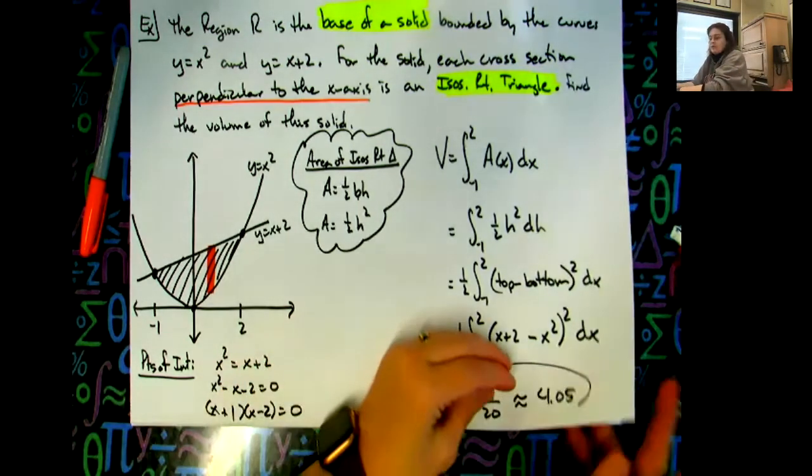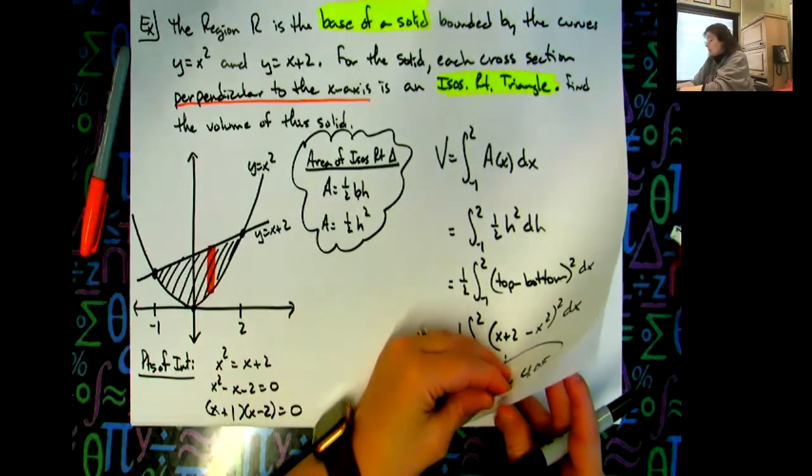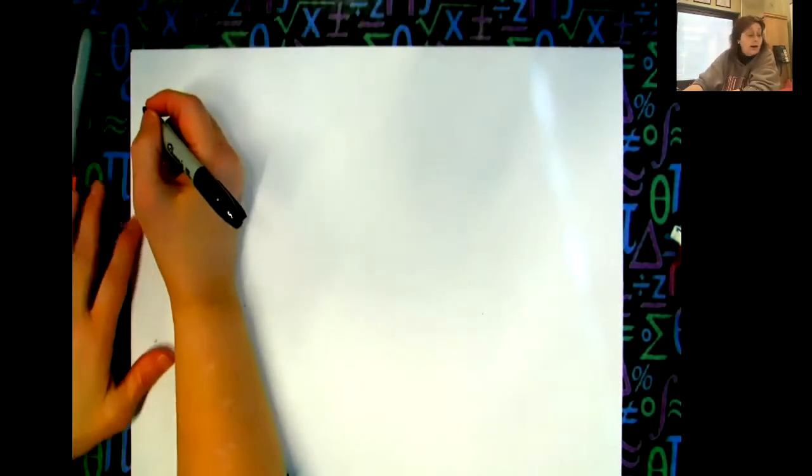All right. So let's try this again with a different shape. Because that was an isosceles right triangle. The shapes are going to change on these. All right. So let's take a look at,